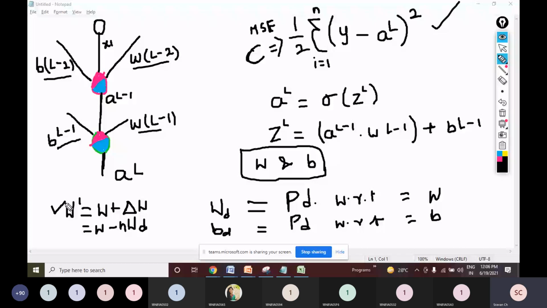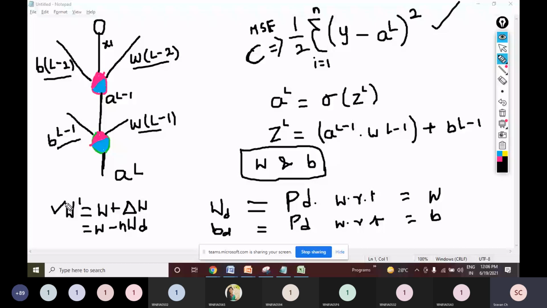Again, I'll substitute the new weight value and see what the error is. Again, I'll substitute the new value and see the error. This process continues. We have seen in gradient descent that we executed 1,000 times. We updated the M and B values, slope and intercept values, 1,000 times. And finally, we saw the cost function came close to 0. So friends, this is the entire process that needs to be done.